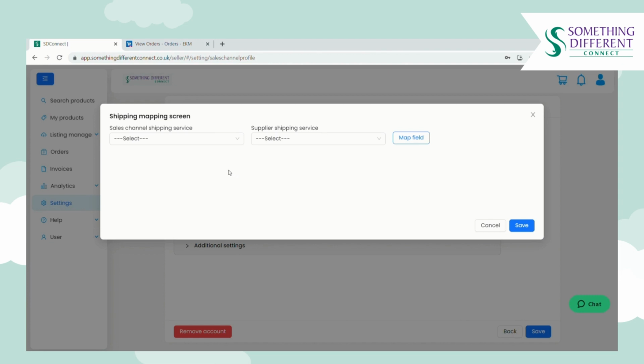If you've just connected your EKM store and not placed any orders yet, this drop down would show as blank, as it pulls in the delivery services from your EKM store. The only way to populate or pull through the delivery options configured in your EKM store is to place a test order on your EKM store using the delivery service that you want to map. When you place that test order, it will pull through into Connect in the orders section like this,